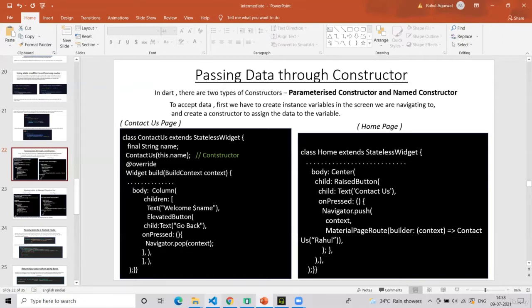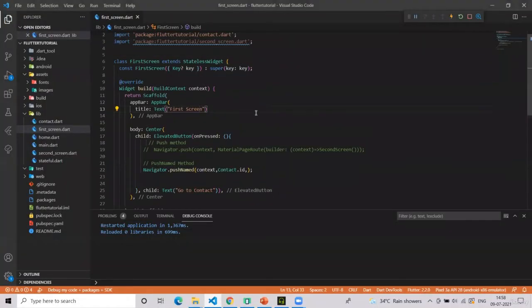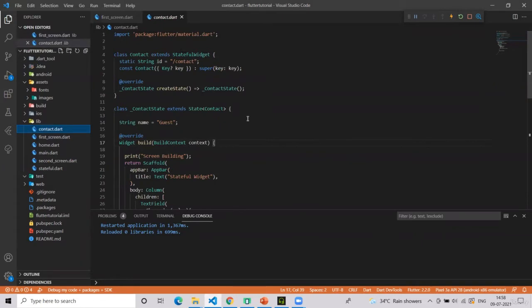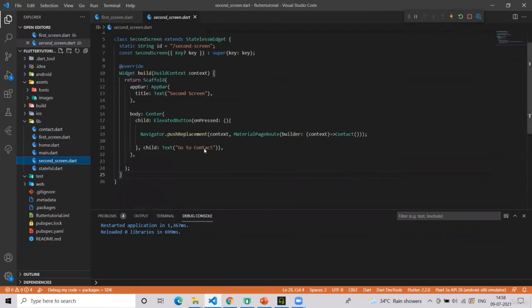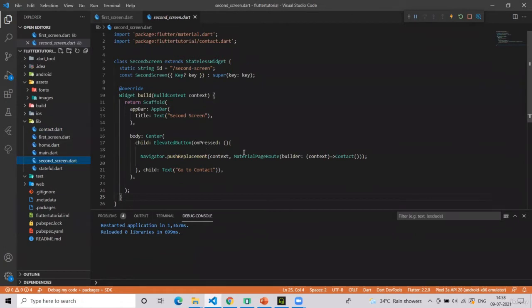What I mean by that is, suppose we have this contact screen, or I will just simply take this second screen.